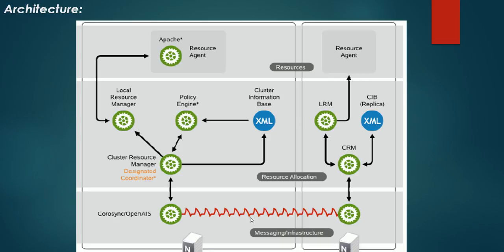This layer is basically used to communicate between the nodes, and it is used for messaging purposes. The first node says to the other node simply "I'm alive," and vice versa. This node also says to the other node that I'm alive. So in that case,